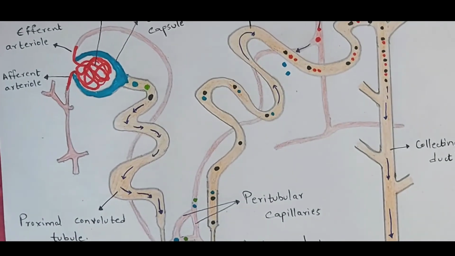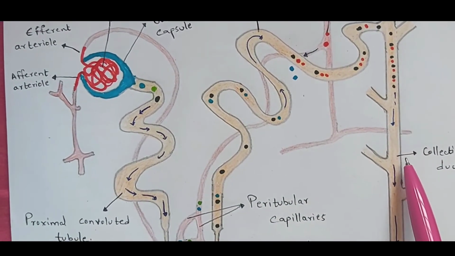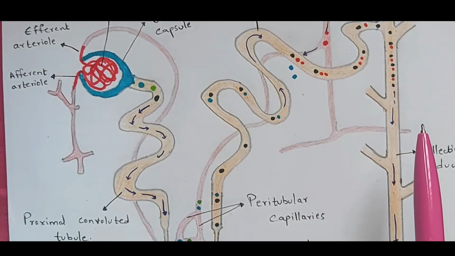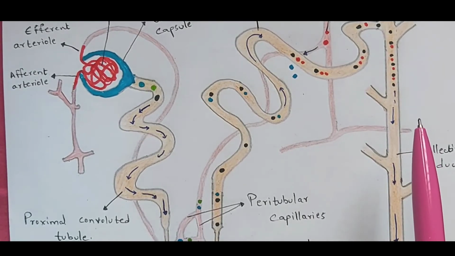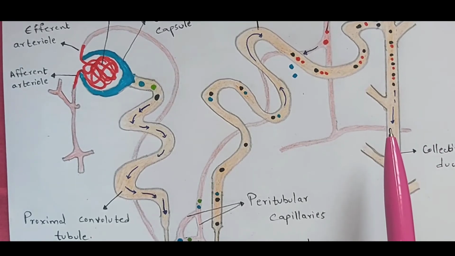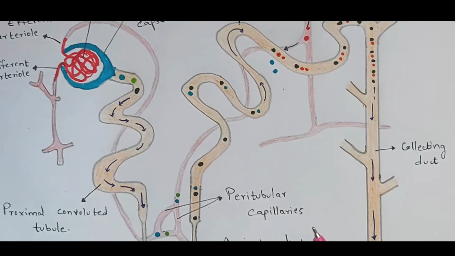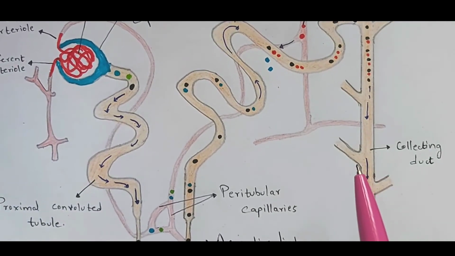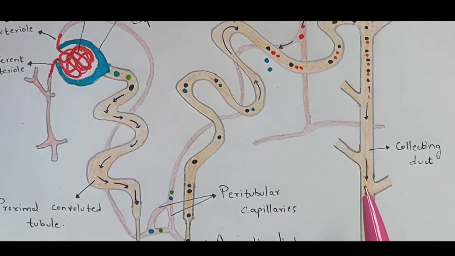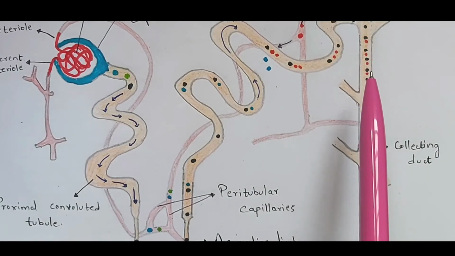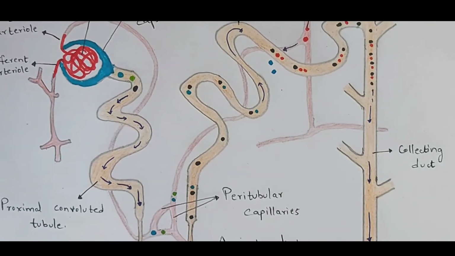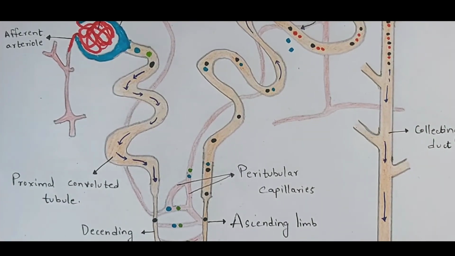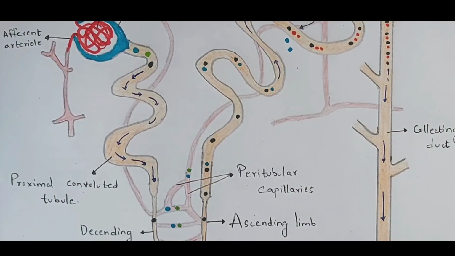So this is called a collecting duct. And now this collecting duct will get attached to the ureter. I have said this before, you also have to think about this excretory system so that you can clearly understand. So once it reaches the collecting duct, it will be moved towards the ureters in such a way that all of this waste material together constitutes urine, and that urine will be released out. It will be released out from the urinary bladder, right?